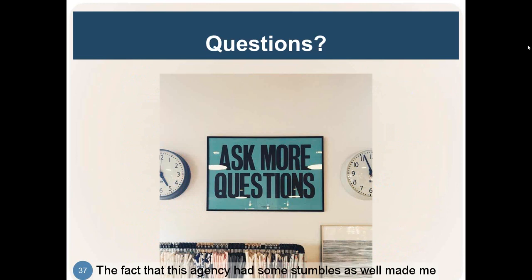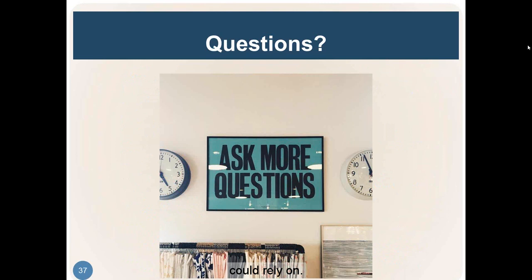Now, the fact that this agency had some stumbles as well made me think that this person certainly wasn't worth $350,000 a year. But we were challenged with, well, what is reasonable? What should we do? To me, if I deferred it back to other federal awards, the limit is an SES level 2, and in that region it was somewhere around $181,000 to $182,000 per year. That seems high, but at least that's a benchmark that I could rely on.